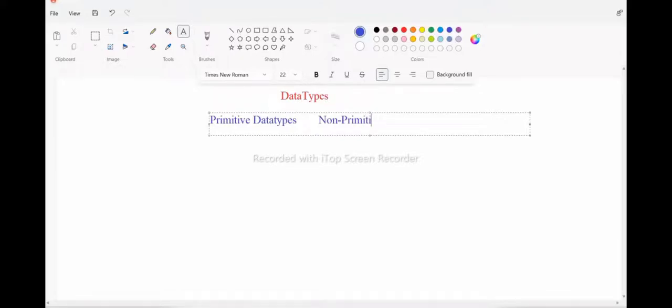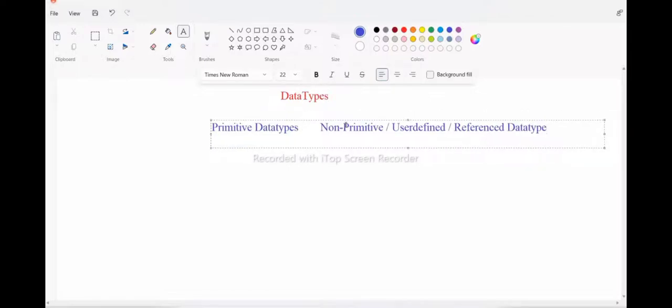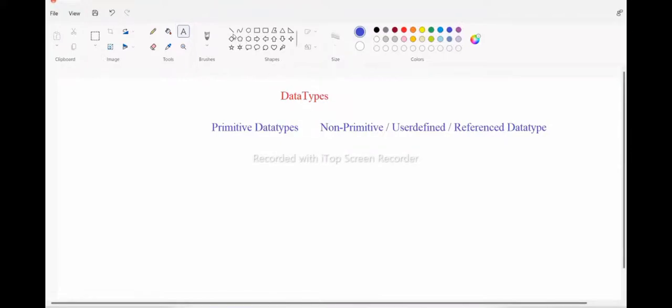Non-primitive is also called user defined or referenced data types. All are the same, guys. Primitive data types and non-primitive data types; non-primitive or user defined or referenced data types. Now first let me try to give you a small idea about